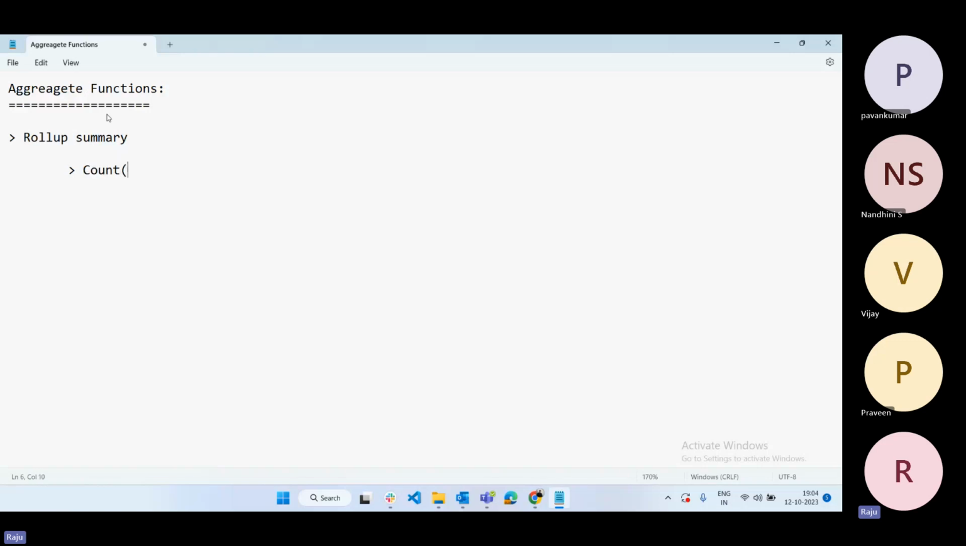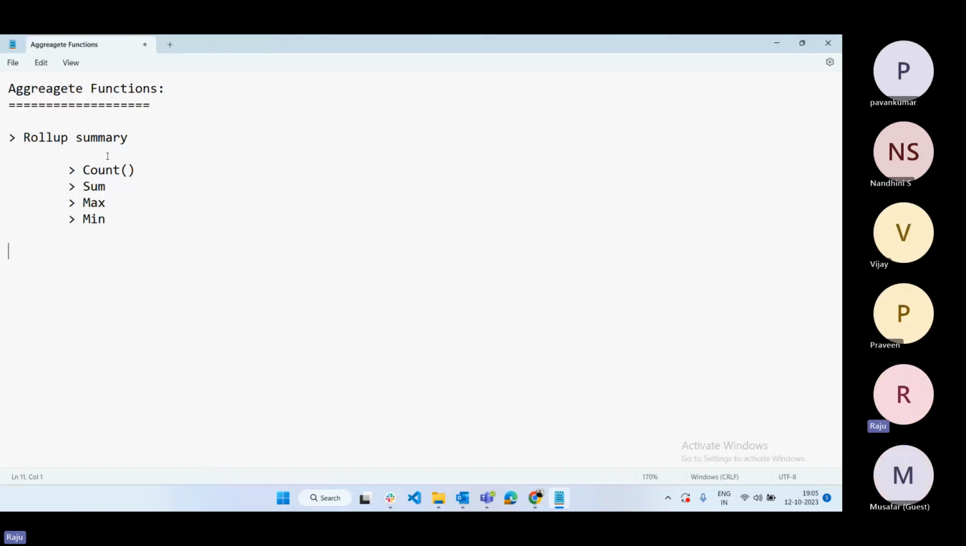We can count the number of children for a particular parent record, and we can also do sum, and also maximum value, and also minimum value. This is possible only for roll-up summary, which needs a master detail relationship. If it is a lookup relationship, or if you want to calculate like this at code level, then the alternate approach at program level is something like aggregate functions. Okay, we call it aggregate functions